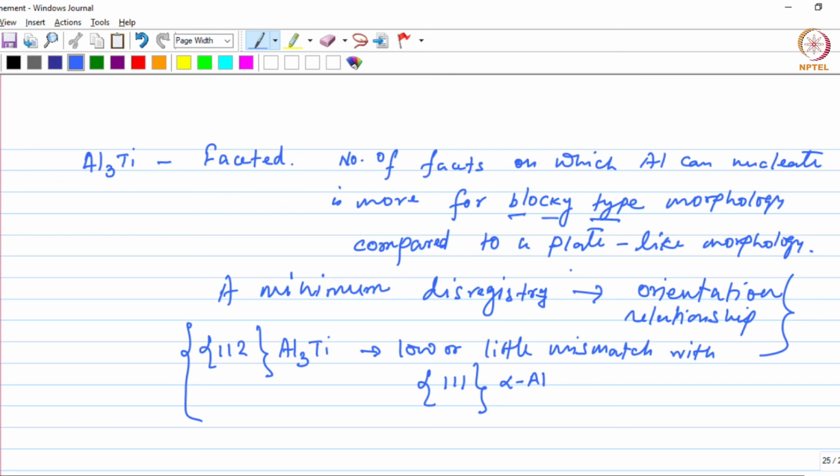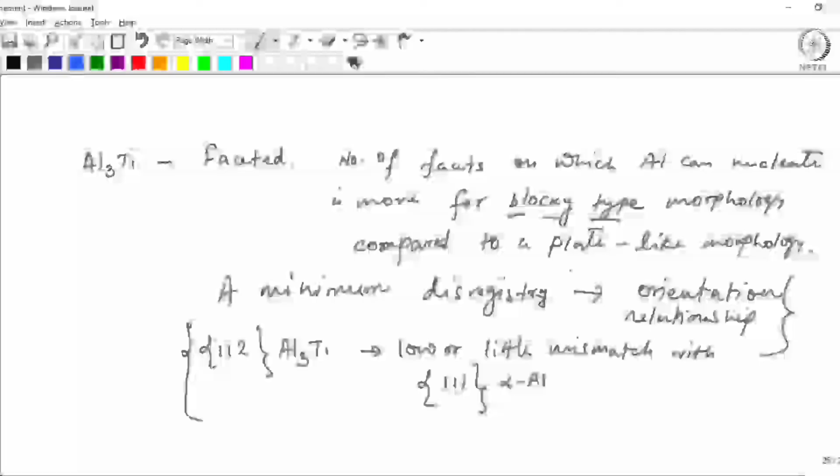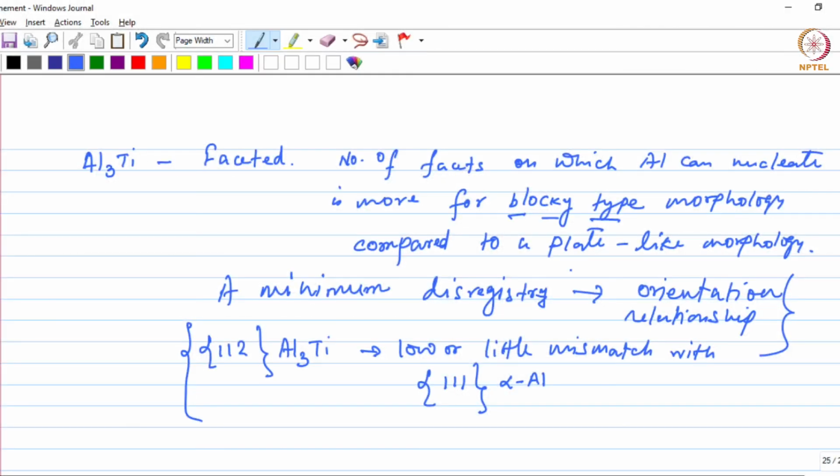although it may be the same particle or it can be also a different type of particle altogether. For example, if you add the other elements such as boron, you will have TiB2 particles. So apart from the particle itself, you also have to look at what kind of surface or plane it can provide to the aluminium for the nucleation to occur. Okay, whether it will have this kind of planes of low disregistry having certain orientation relationship with the parent material, that also has to be looked at. Okay,